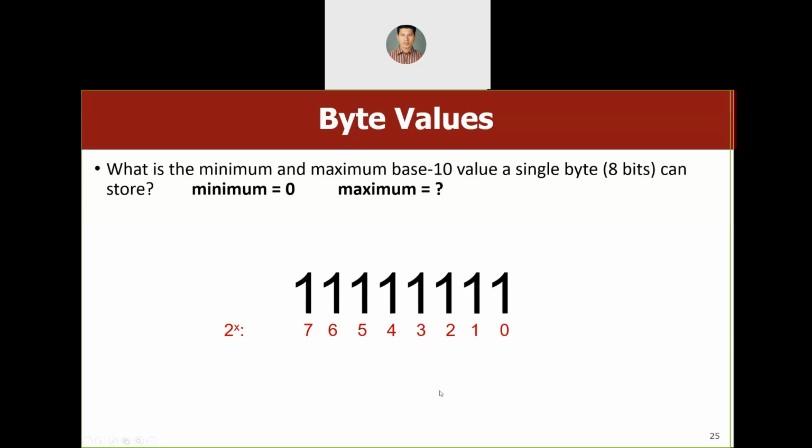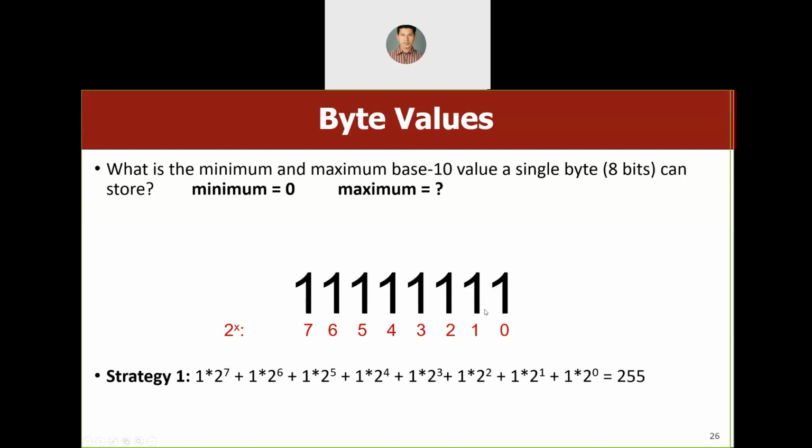Likewise, if it is binary, if my width is 8 bits, 1 byte, then the minimum is always 0, 8 zeros, and the maximum is 8 ones, which is how much? 2 raised to 8 is 256, minus 1, so this is 255. To calculate this, if we just convert this and add in binary, we'll get 255, but you don't have to do this. You use the shortcut, which is 2 raised to 8 minus 1, that is 255.